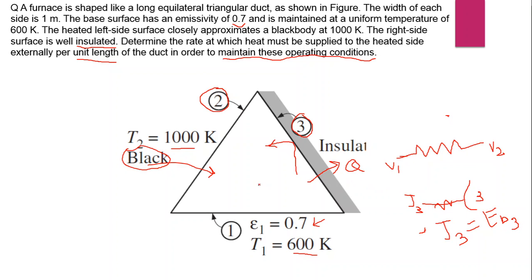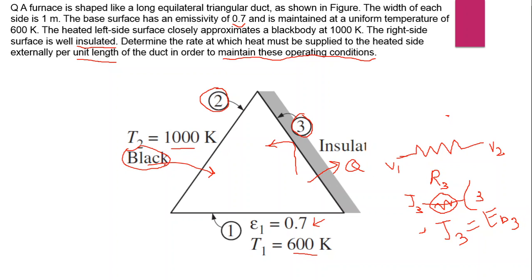So whatever radiation is getting reflected is the only radiation that is getting emitted, right? So there won't be any change in heat, it won't allow any heat to get absorbed or transferred. That's why J3 will be equal to EB3. If J3 and EB3 are equal, then there won't be any heat transfer between J3 and EB3. So there won't be any meaning of this resistance R3. So we can easily exclude R3, that is surface resistance. We are not going to include this R3 in our network diagram.